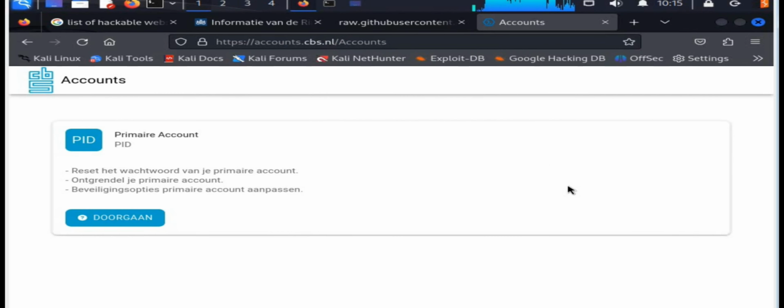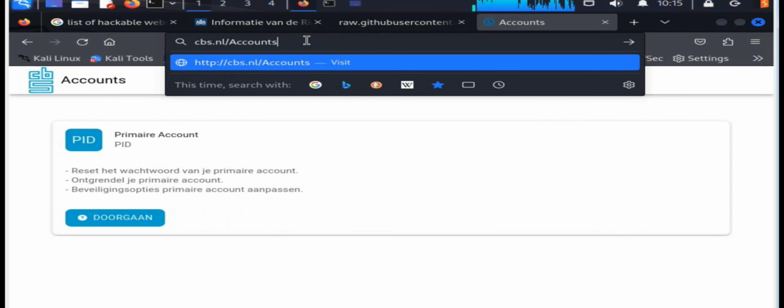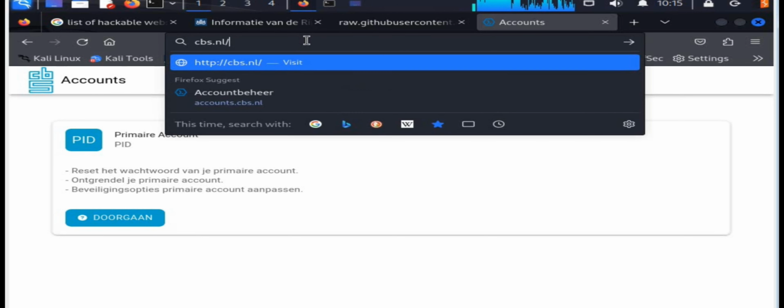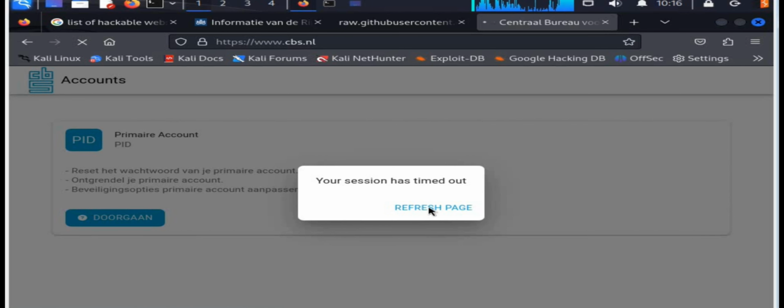See, it's a whole web interface on its own, in contrast to the normal one, which is the cbs.nl. In case the cbs.nl doesn't have any vulnerability we can exploit, we can actually resort to this account.cbs.nl. It could actually give us some vulnerability to exploit, and through my experience in penetration testing, I found out